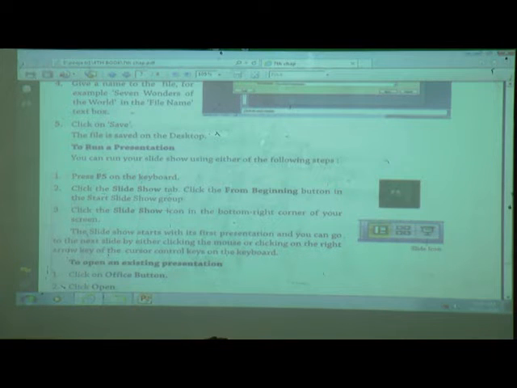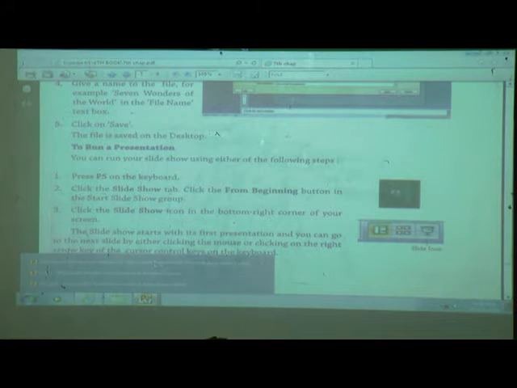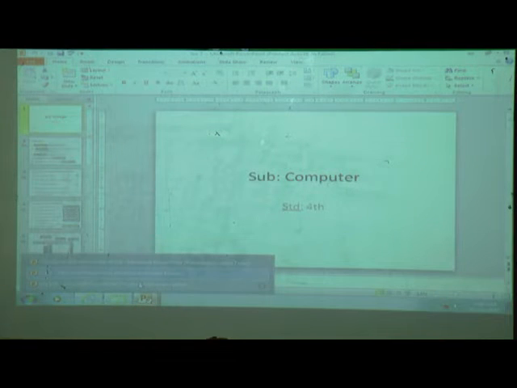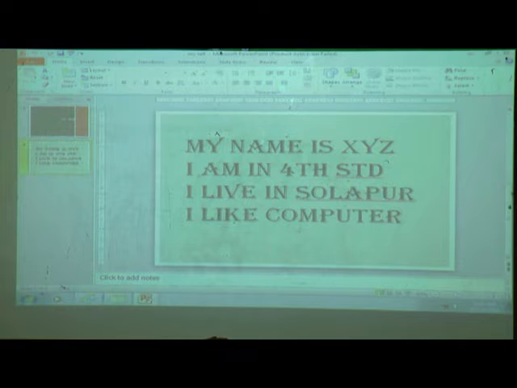How to run the file? You can see the slide size is small and you can see this upper side also. If we run the file, then you can see only the slide. You cannot see this title bar, ribbon,